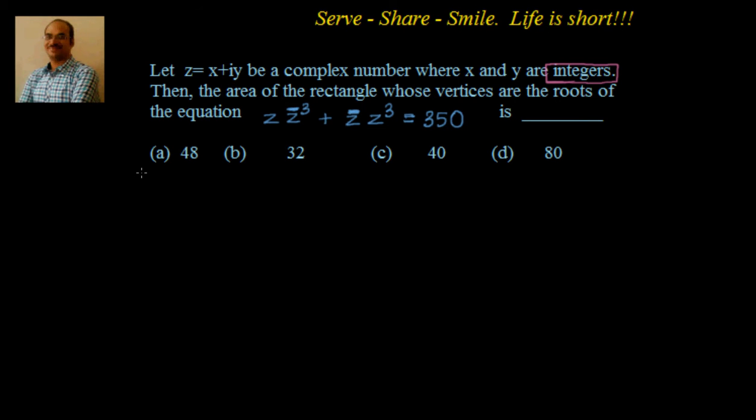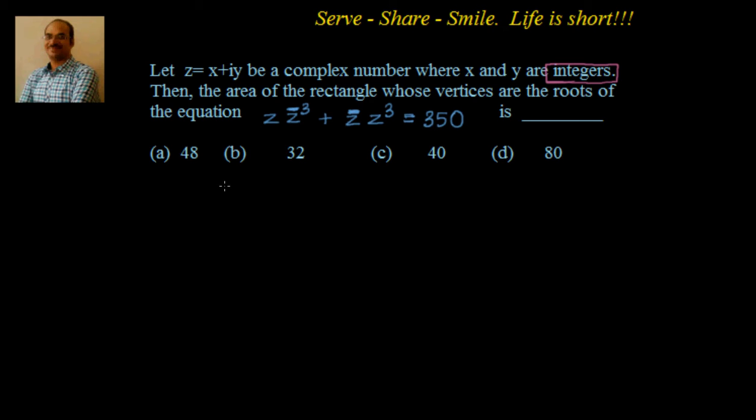Okay. Now we have been given z = x + iy. So let's go ahead and try to find out what this equation looks like. Can we simplify this and find out the roots? Because the vertices are nothing but the roots of the equation. For a rectangle, we need 4 vertices. That means from this particular equation I should get all the 4 vertices. And we know a rectangle's opposite sides are equal also. So let us see how this goes.